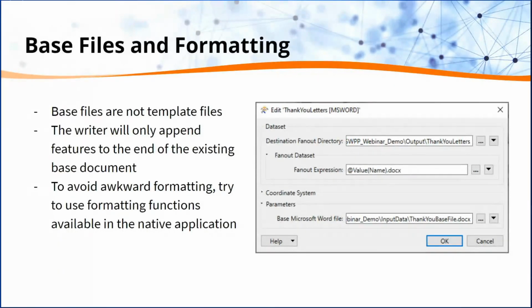So if you're using a base file with existing features in it, the word writer will not modify or delete these features, but it will append all new features to the end of the document. So if you want a blank document, just make sure that there's nothing but styling in your base file. And to avoid awkward formatting, try using formatting functions available in Word and PowerPoint themselves. It just makes it a little bit easier on the FME side of things.